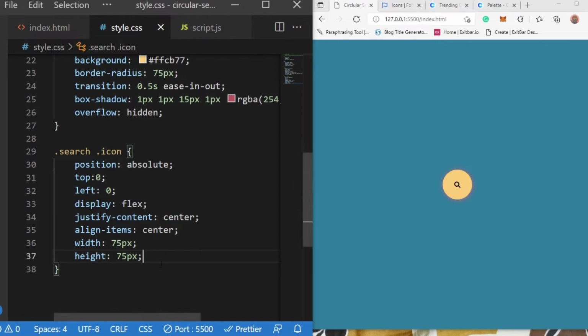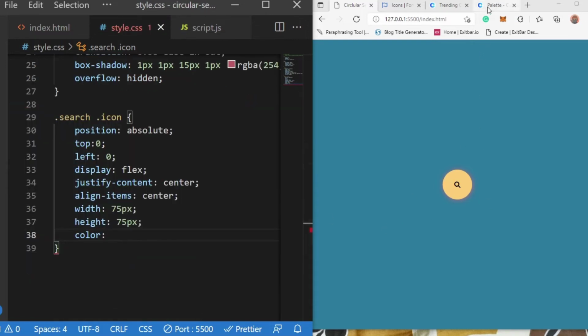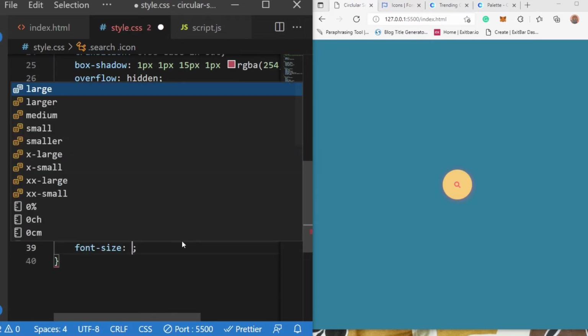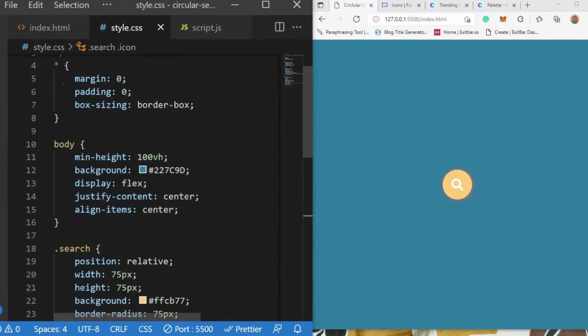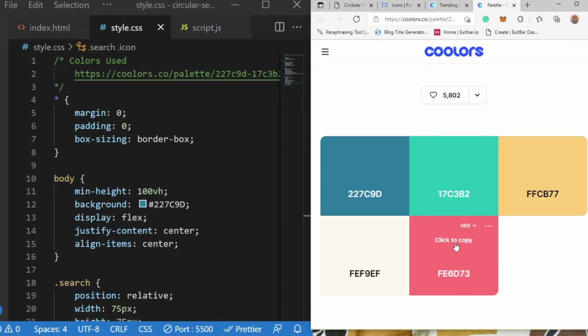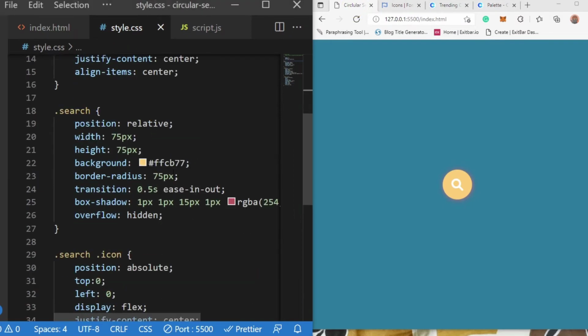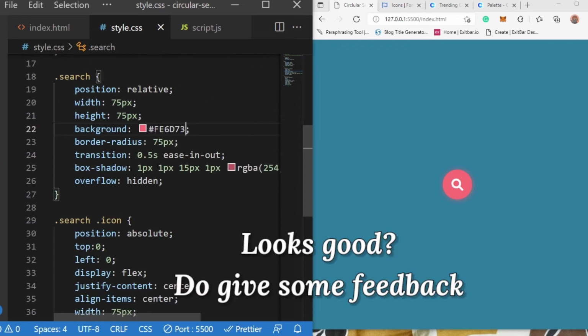For that let me just change the color first, and for color I will use, let me just pick the red color. Let me think how it looks over there, and so now the color looks good, but I'm not liking this color actually with this background. So let me just change the size of the font also. So you can see it's looking like this. So instead of it, let me just change to white, and let me just change the background color from yellow to the reddish one. So for that I need to open colors and copy the red color and just paste in the search. So now you can see the color is looking very good,